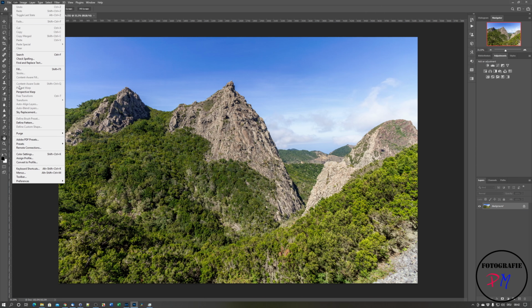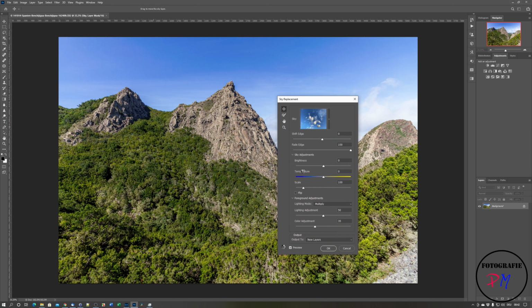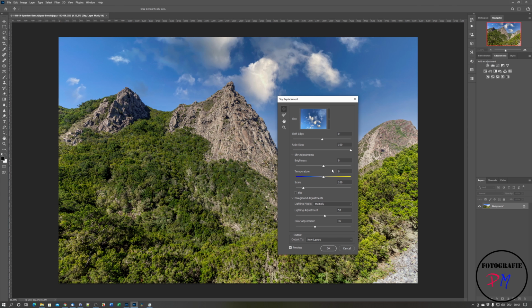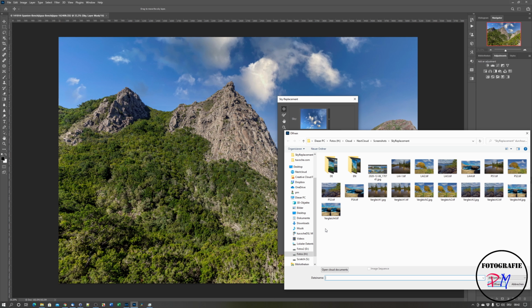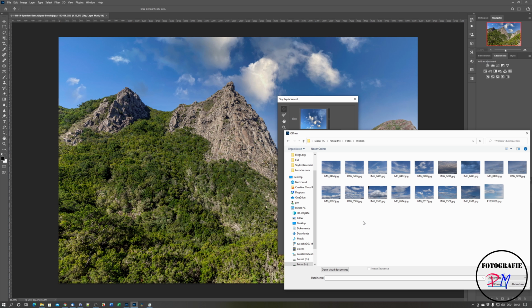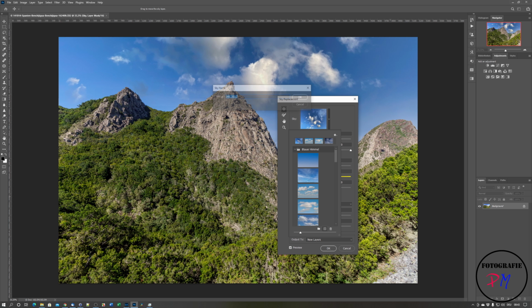Okay, we make edit here, go to sky replacement, and Photoshop will change to the last cloud images chosen. But you also could go here, go to the plus sign, and then I go to my cloud images like here, and maybe we take that one,